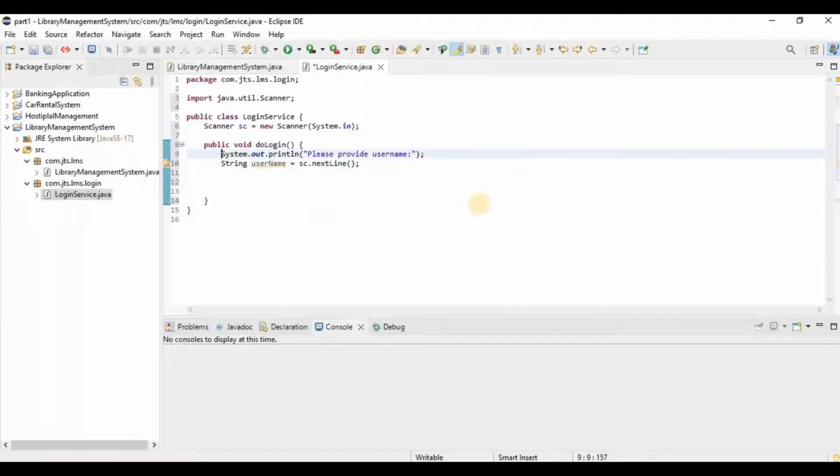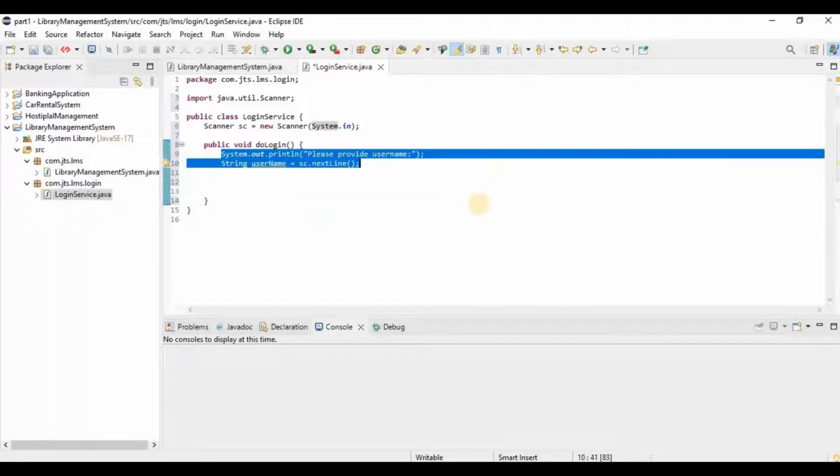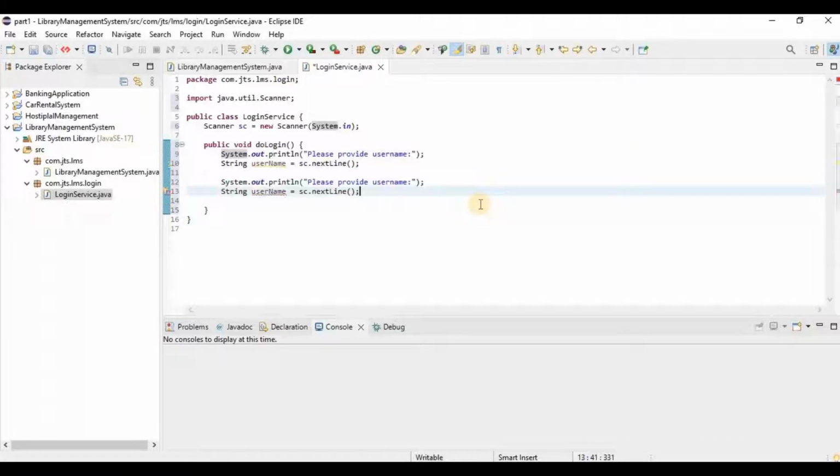Next we can ask for the password in a similar fashion: please provide password. Okay, so once we get the username and password, then what else can we do? We need to create the